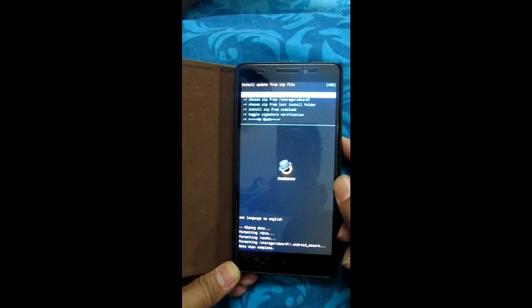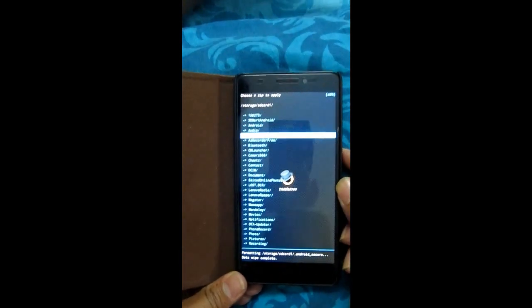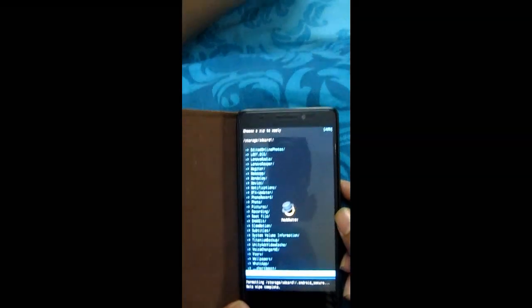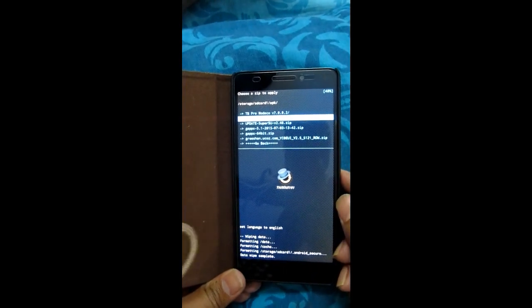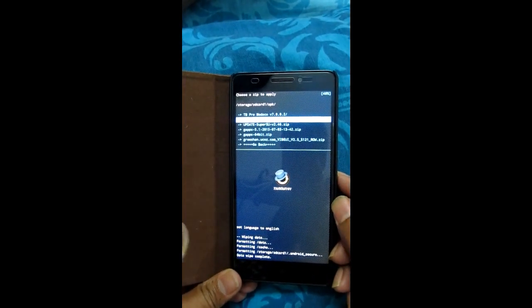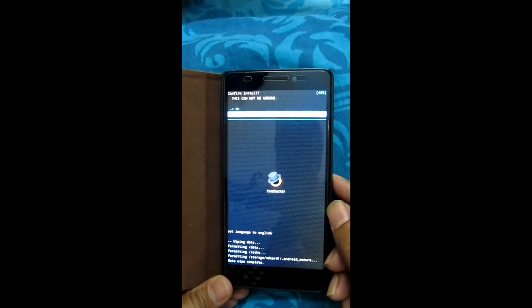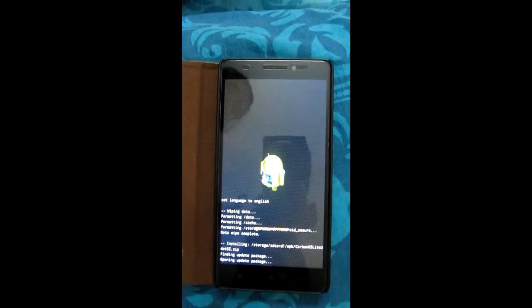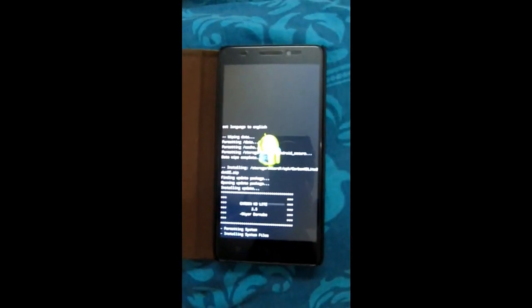So we go to install zip, then we go to SD card again, and then we have to go to the APK folder. Okay, so my battery is at 48%, so should be good enough, but you might want to keep it fully charged. You go to APK, you go to Carbon K3 Lite, this ROM, I click it. Yes, install this Carbon K3 Lite, and let's see if it works on our phone or not. Okay, now it's finding the update package, opening update package. So it is installing a few things. So I'll wait for it to finish.